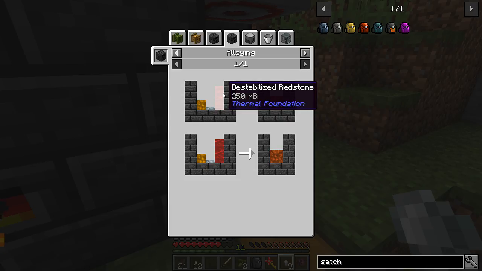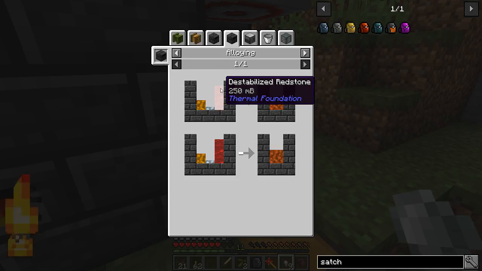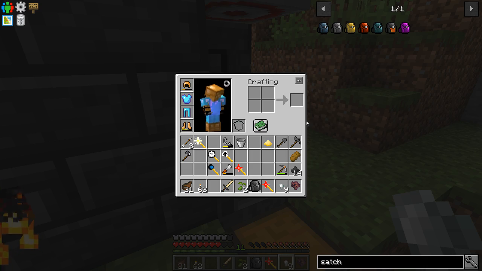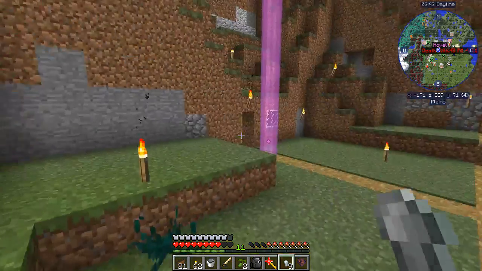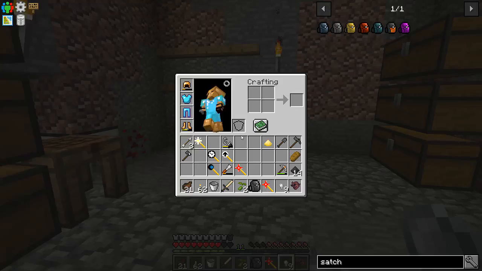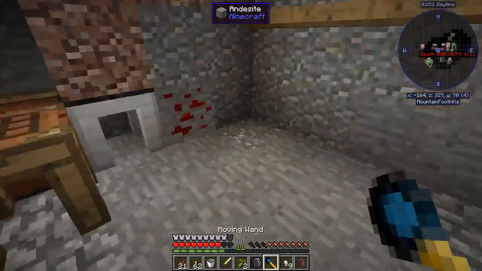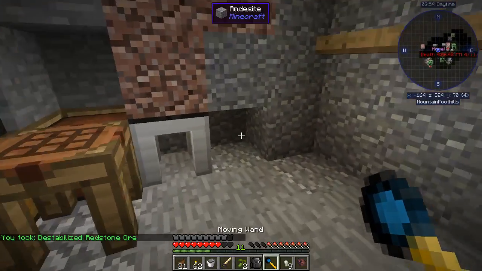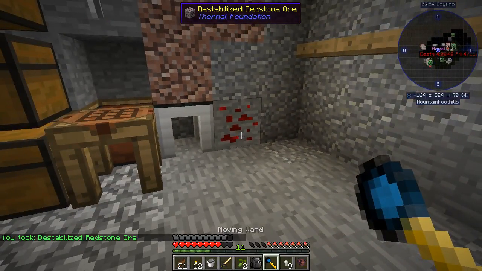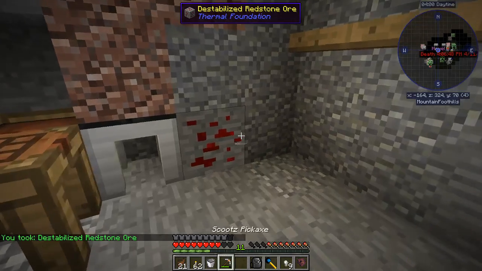We might be able to force it. Possibly. But I don't think we have a good way to really get the destabilized redstone right now. I mean, I've got something I could try, so let's give it a shot. I did use this moving wand here to pick up a piece of destabilized redstone ore. So I'm wondering if I'm quick enough, I might be able...